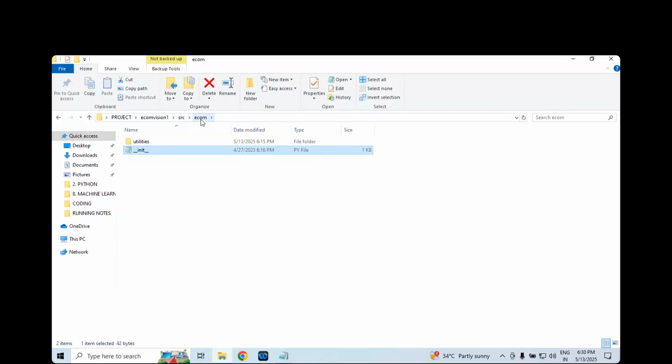Earlier I covered this, and that day I promised I would stand by my promise. I told you not to worry about the init file, that one day I will cover it. Today is the day. Inside it, you can write some code, the kind of code you never see if you know Python.